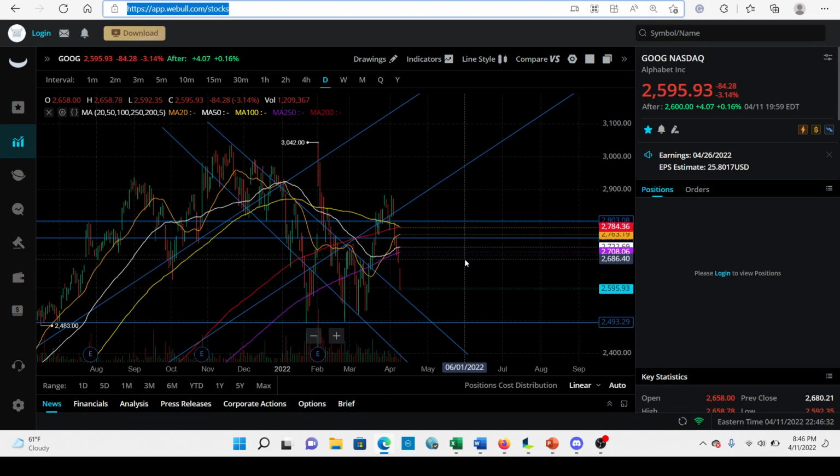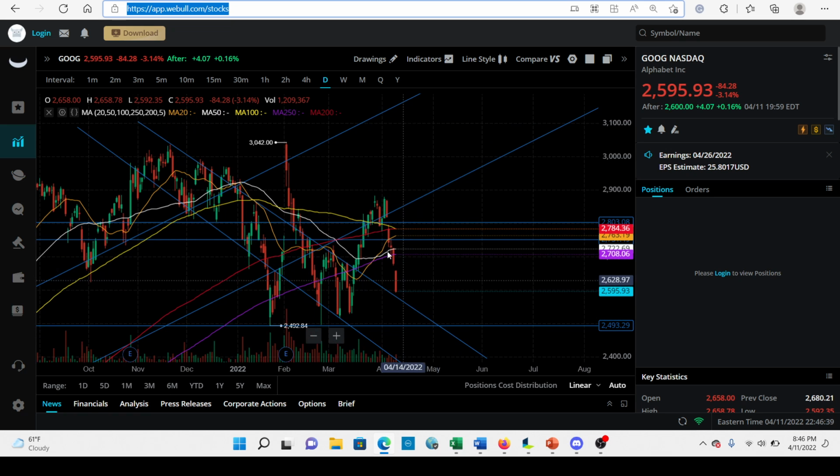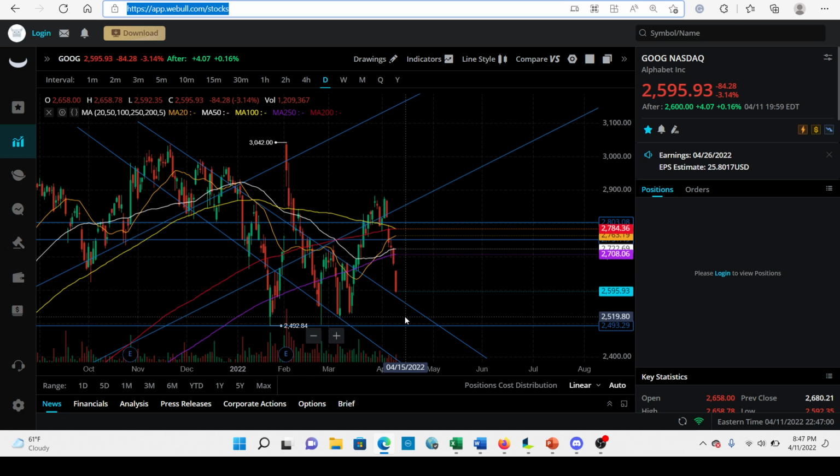Now we're going to look at Google. Google has something similar going on where it has this downtrend channel, and now we have this knife action, literally just knifed right through the 50-day, and now we're approaching the bottom of this channel. Now, if we knife through this channel, or the top trend of this channel, what I think could happen is that we just go right back down to 2,494 and we make a triple bottom. So I think that's very likely if we break underneath this area right here.